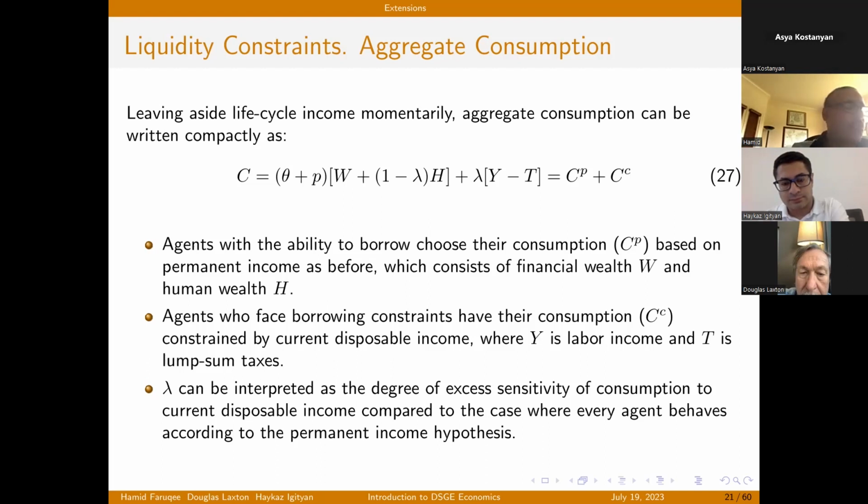For those of you who know the work of Campbell and Mankiw, you think about consumption functions and the notion of excess sensitivity, even in the presence of permanent income consumers. Empirically, you find this result that there tends to be excess sensitivity of consumption to disposable income. In this model, you introduce these liquidity constraints, and you can try to replicate some of those empirical features. So in terms of aggregate consumption, you can help match some of the moments with this assumption